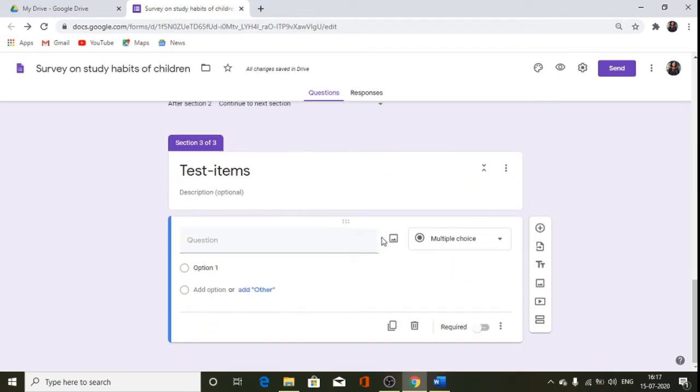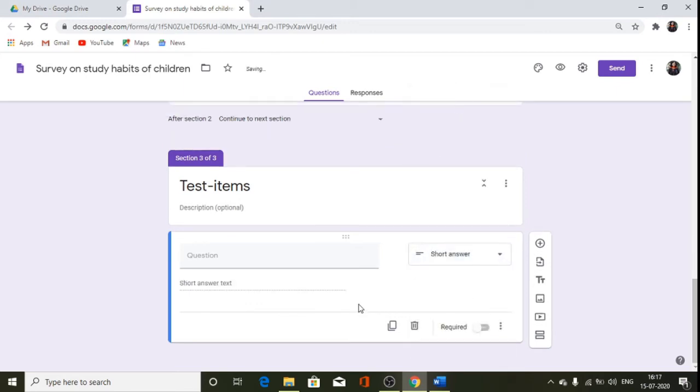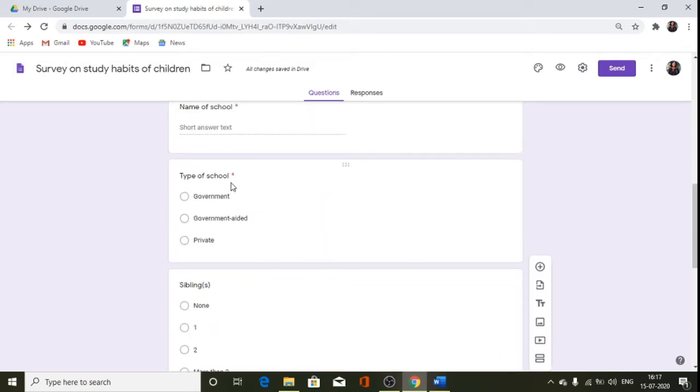Let me just tell you, this short answer type question is, for example, things you write in 3 or 4 words, or maybe one sentence. These are short answer type questions, right? Now earlier also I told you, whenever you make this a required question, that means it is a compulsory, a mandatory one, and a star mark appears over here. For example, in this